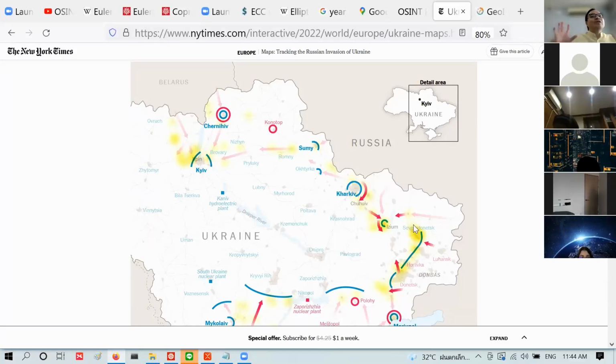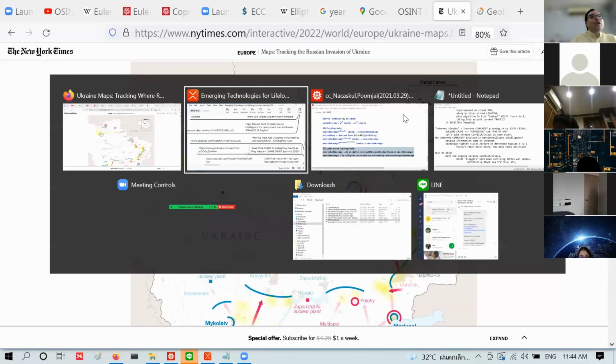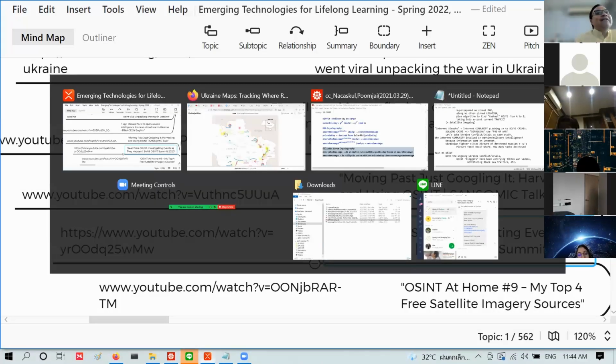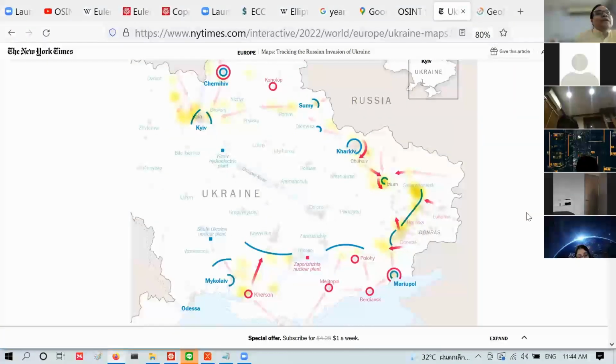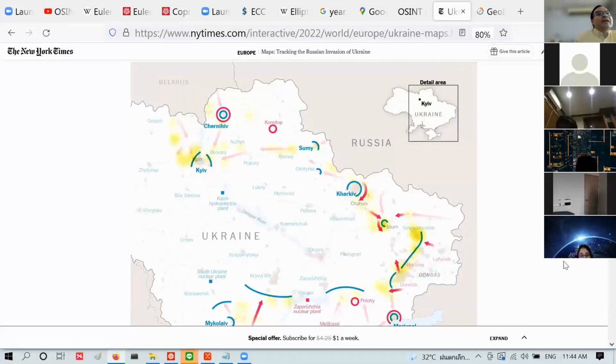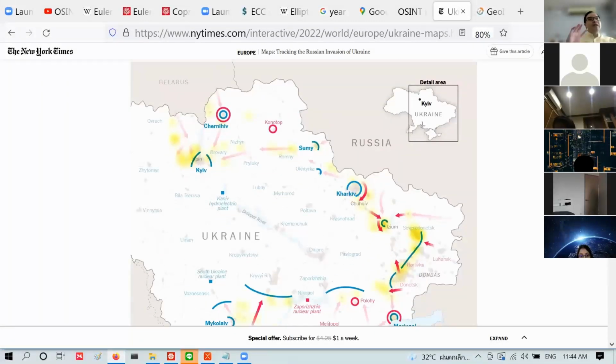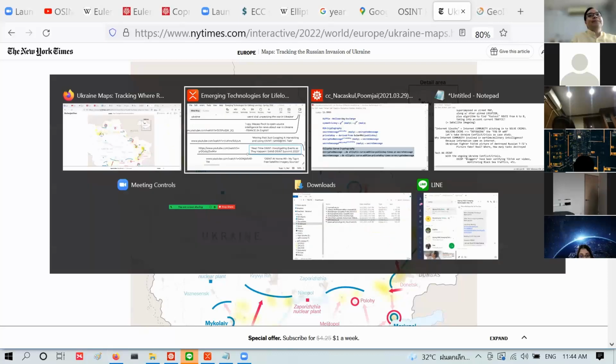In fact, if you have the digital file, when you take a picture, there's metadata that comes with the picture. So you can recover the location where that picture was taken. But if you don't have that, if you just have an image that does not reveal the metadata, you can still find out where it is, count the tanks and so forth. So that's really what's happening here, okay?